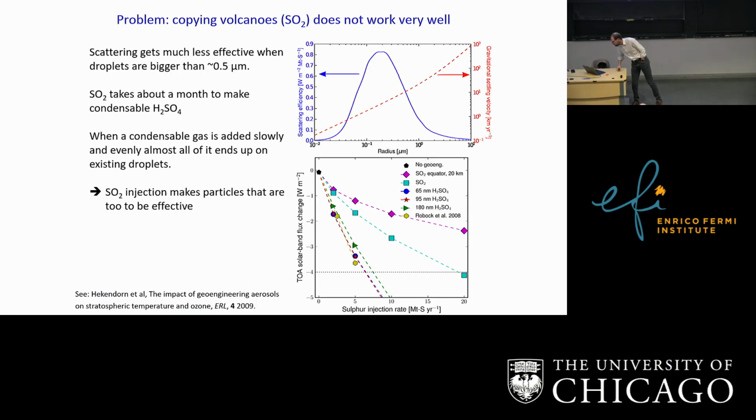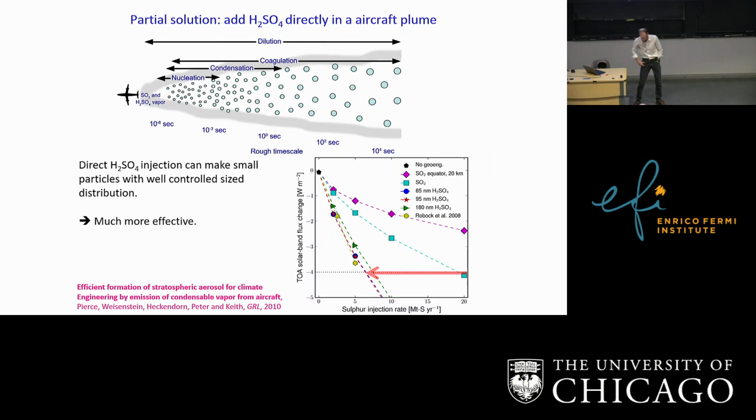Sorry, this slide? Yes. Okay. SO2 injection makes particles that are too what? Too big. Sorry. Please. Thank you. Too large. Sorry about that. Thank you. So, make sure I got the right slide here. Yes. So,